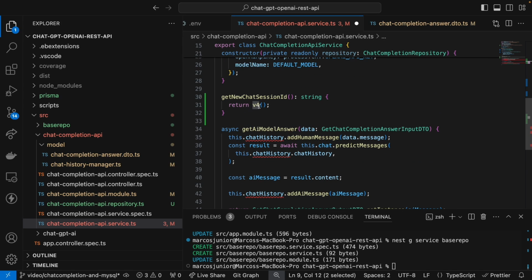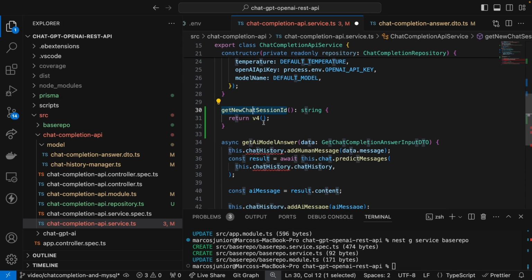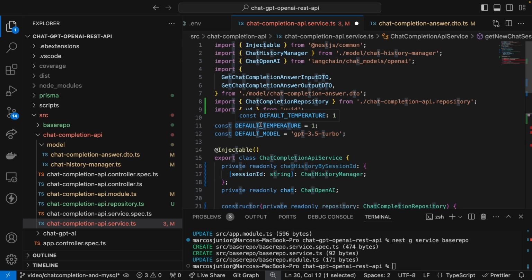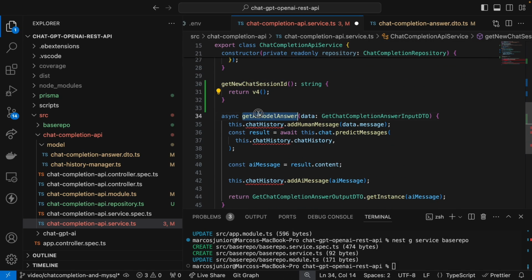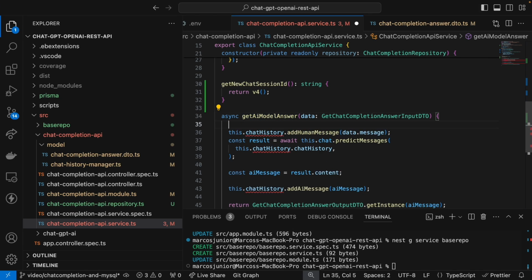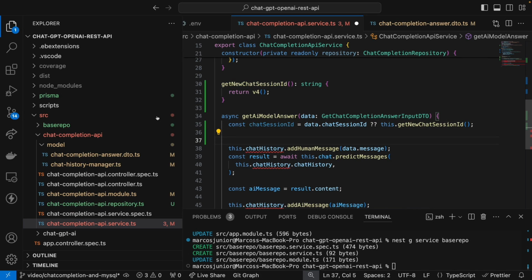Perfect. So we have here the version 4 for UUID. Perfect. And then let's keep going. So the chat session ID is going to be the session ID from the object if the attribute exists. If the attribute does not exist, we're going to create a new chat session ID. And the chat history is actually going to come from